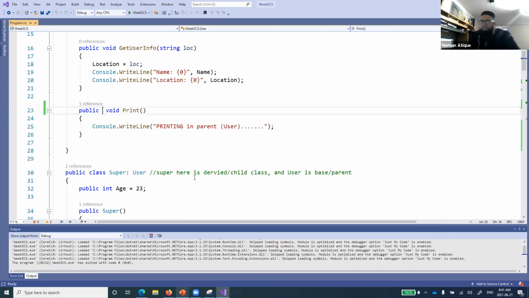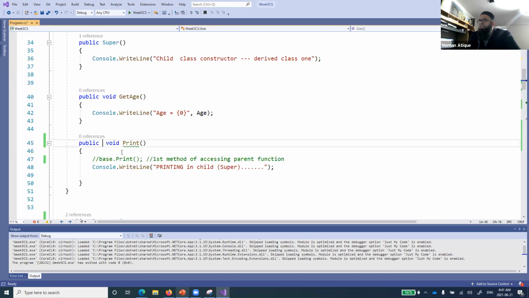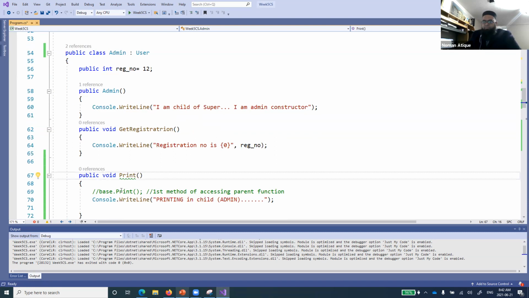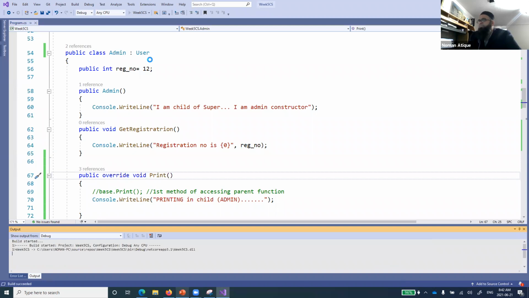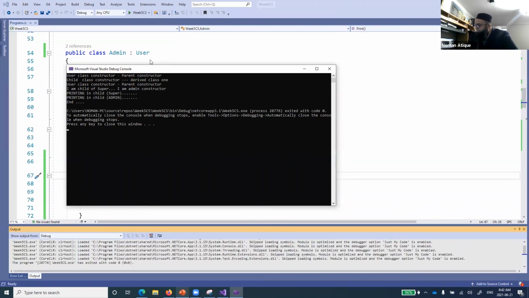Now, if I want to call them, the right way of doing that is what? Go to the print of this parent and define it virtual, right? And go to the definitions of all these ones, and you say override, right? This one as well as this one. Now run this one. All right.